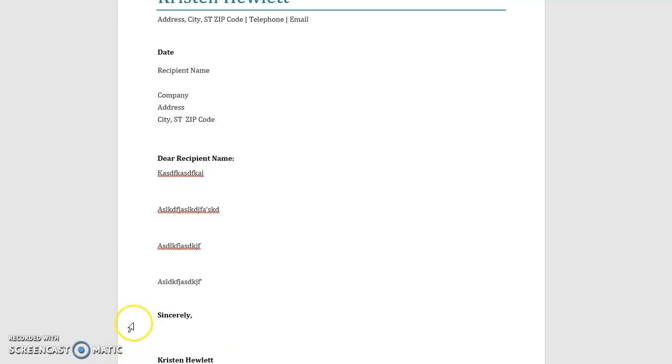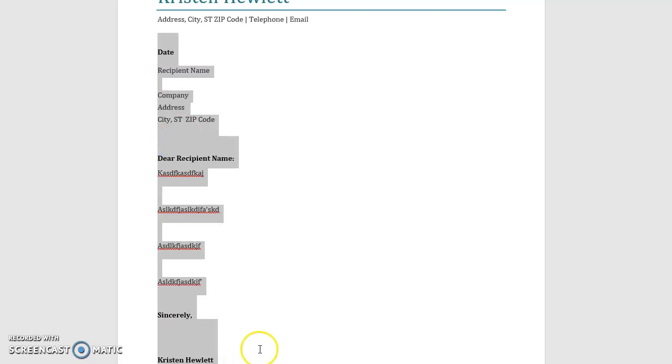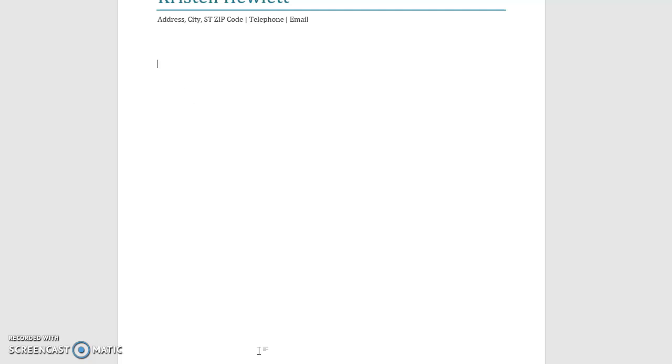Then we go down to achievement list. There are no templates for this one. So you can open up a blank document if you want, or even what I like to do is, once I have this done and I have it saved, you can actually keep this the same as the cover letter, and that way you still have your name at the top and your address, and then I can just type achievement list, and I can center it, right? And then I come down here,